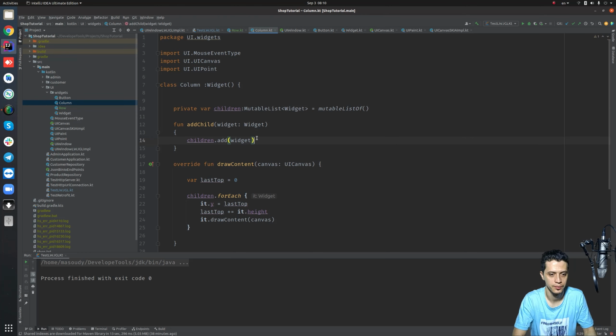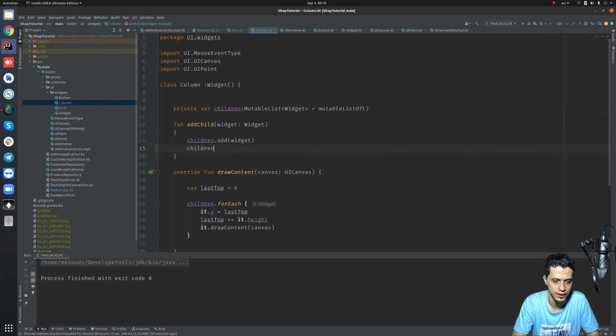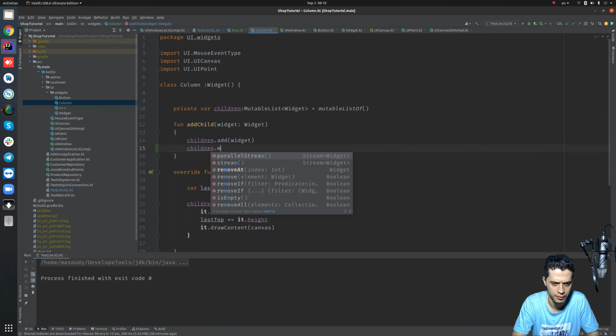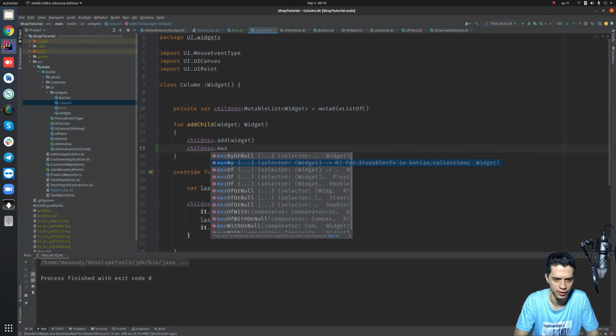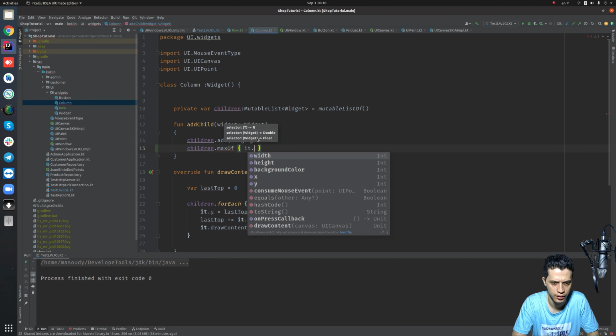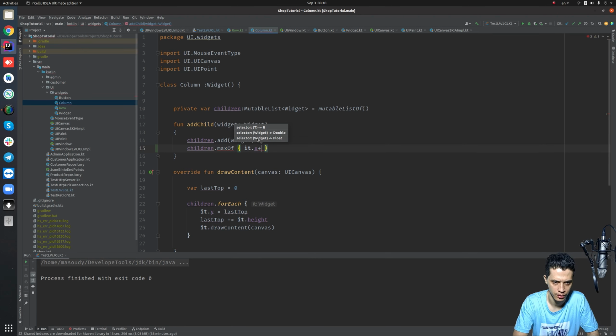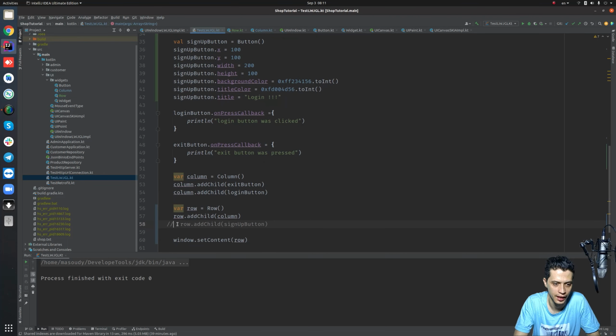So we could say children dot for each, or let's say max of it dot x plus it dot width. This will be the right property of this child, and we could assign it to the width of the column. So now if we add the sign up button to the row again,